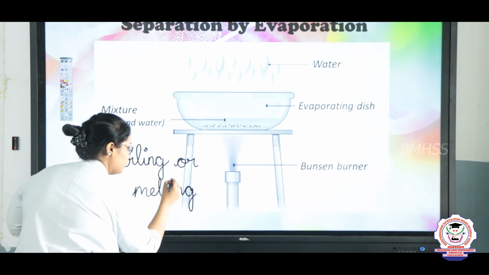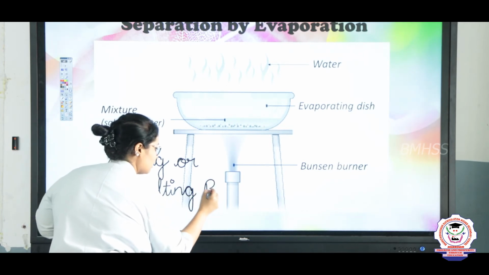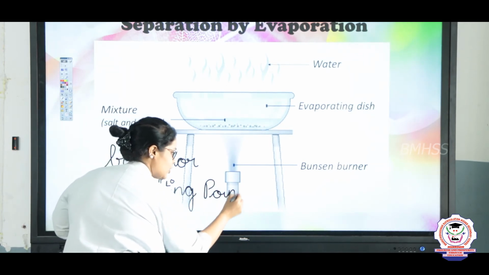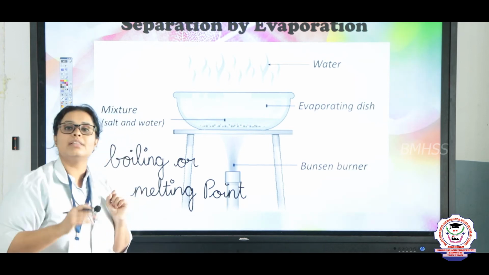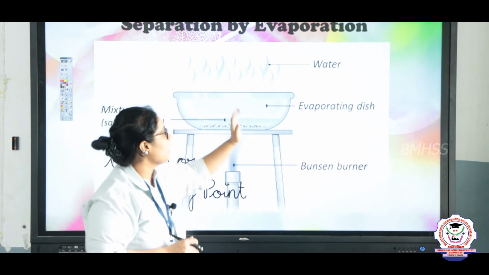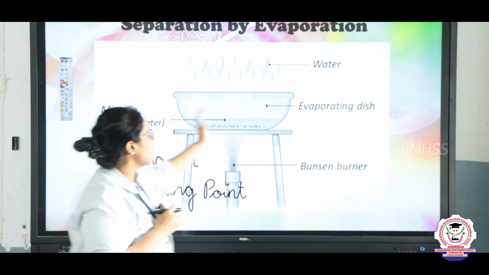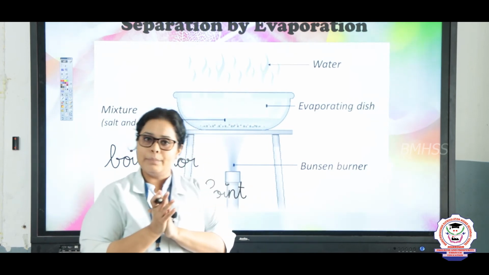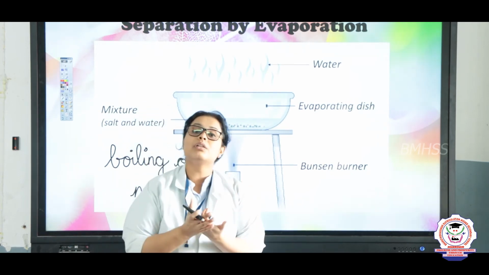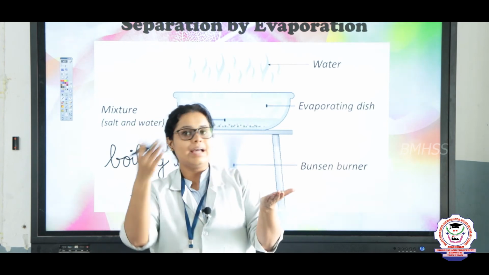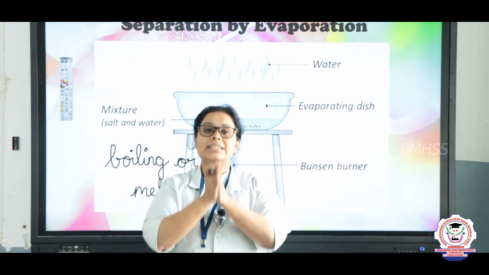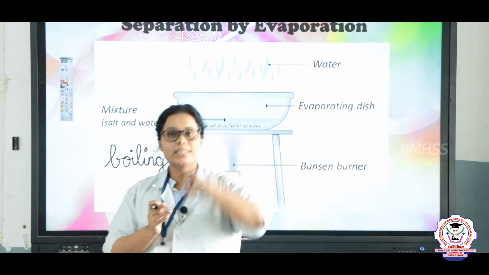What is this boiling and melting, children? It is the temperature at which there is a change in the state. So here I am taking a solution. Now in the solution, let's take an easy example like salt solution. In salt solution, I will have the water and I will have the salt. When I am mixing it together, there will be a clear solution, right.